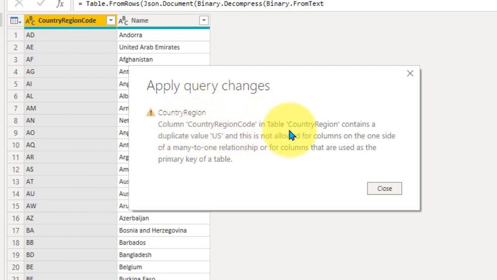Column country region code in table country region contains a duplicate value of US. Just now we have created this one, and this is not allowed for columns on the one side of many to one relationship or for the column that are used as the primary key of a table. So we have used the relationship as many to one. In that case, the US is duplicated here. So we can't use this one. So we need to change the relationship method. So I'm just closing this one